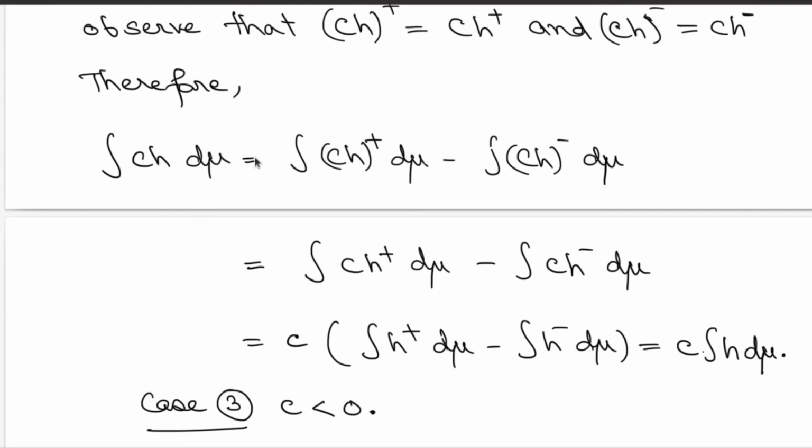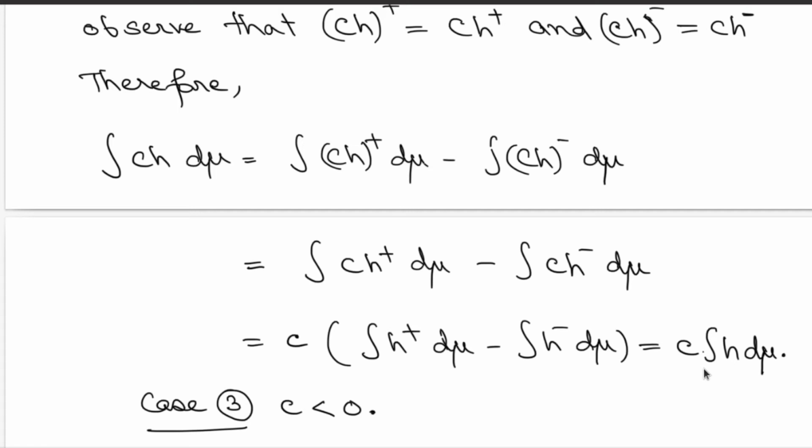So you start with the integration of c times h, that is nothing but the difference of these two integrals of the positive part of c times h and the negative part of c times h. But then you have identified the positive part of c times h as c times the positive part of h, and a similar identification for the negative part, and you now bring out the scalar c, and that's it. So you get the required relation that the c can be brought out from your integration as long as integration h d mu exists.